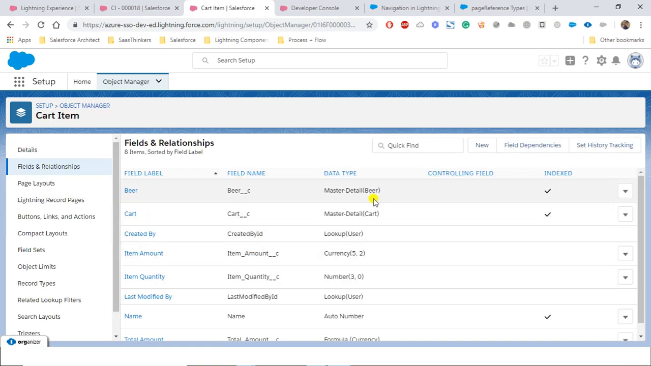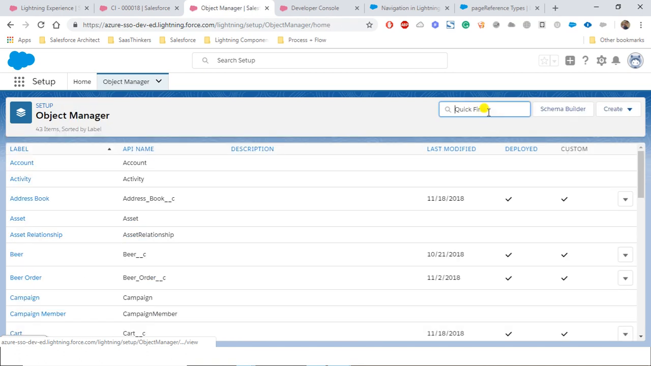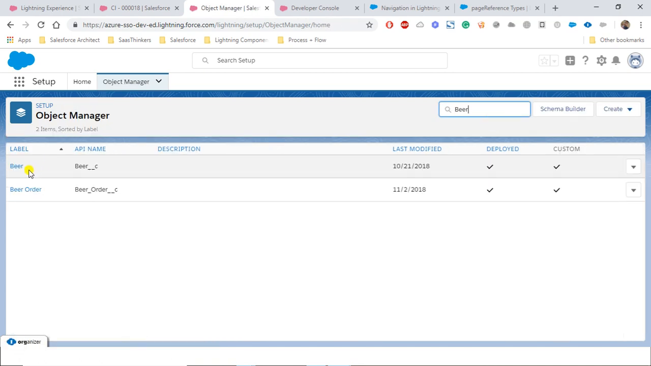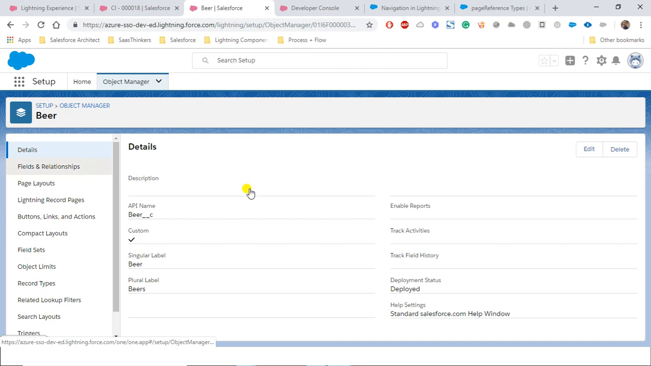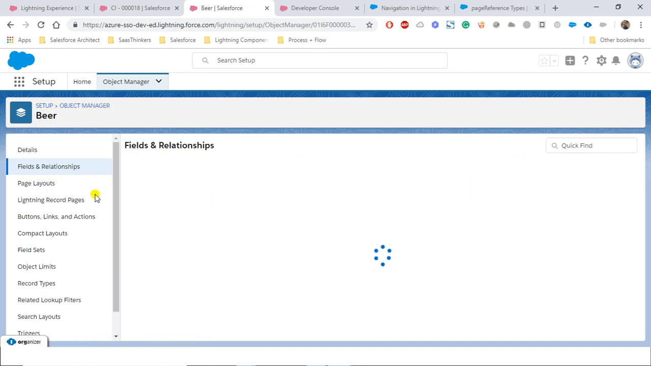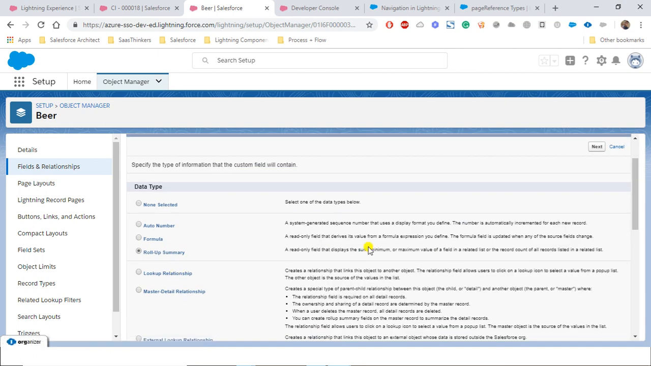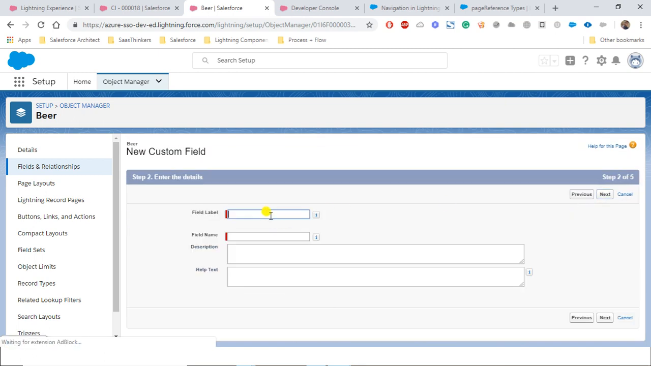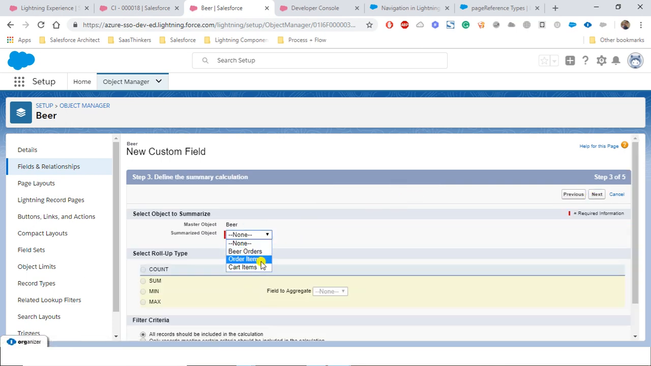So now on the beer object we will create a roll up summary field that will roll up all the cart items related with that beer, and then the total quantity. We will be creating a new roll up summary field here. We will say consumed quantity, next, it will be cart items, item quantity, click on next,